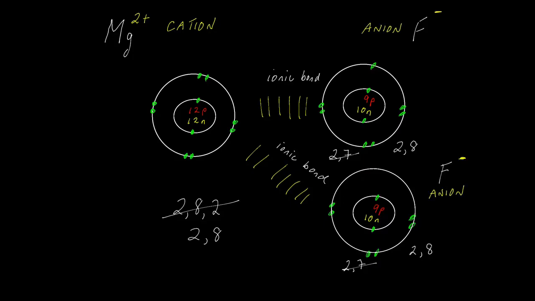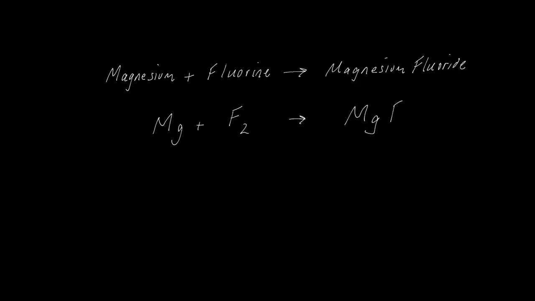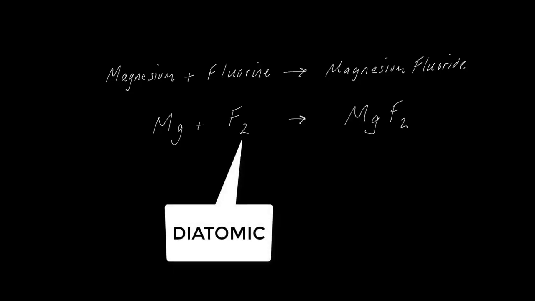Forget about pictures and write a word equation, followed by a symbol equation. From a previous video, you can see that fluorine is diatomic and written as F2. We can even go one step further than this and show what is happening with the electrons again in an